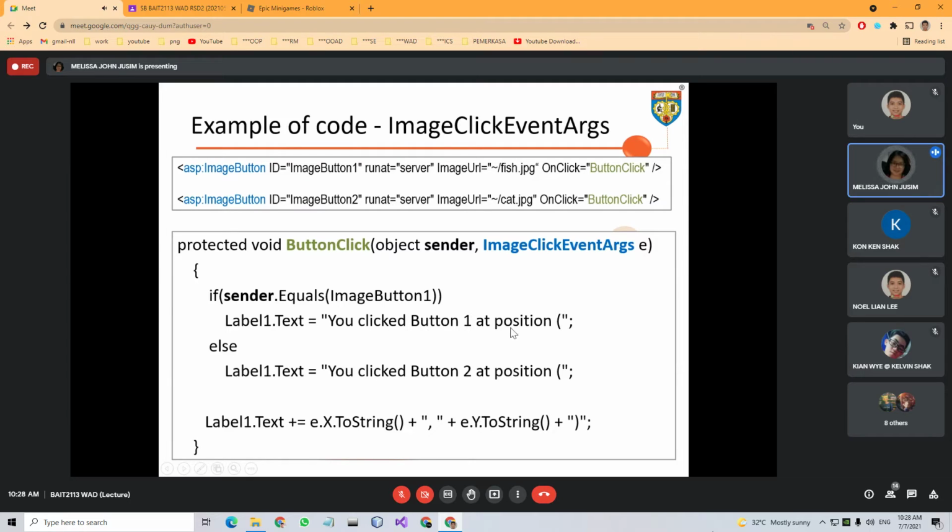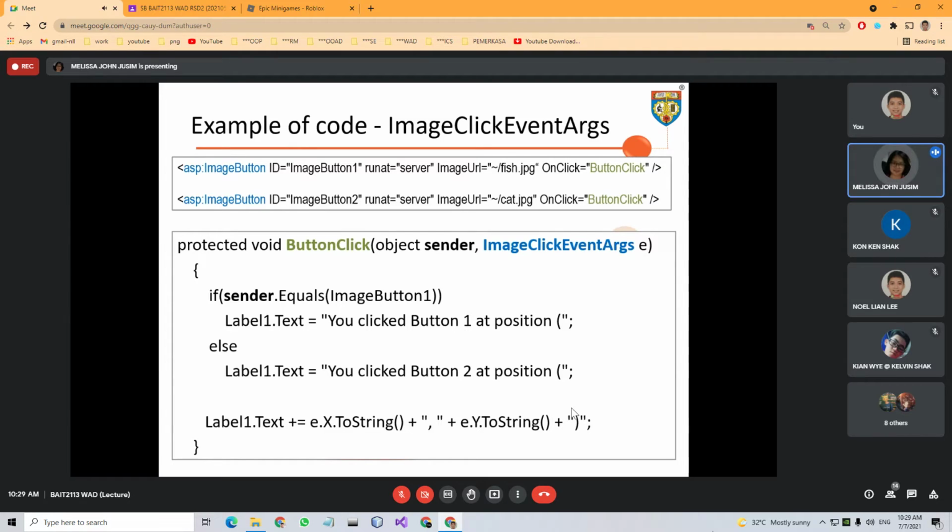We show the coordinates displayed in a bracket, plus comma, this is the x coordinate, space, and then we use the image click event to display the y coordinate, and to display it as a string, we use the ToString method, and then we close it with a bracket.